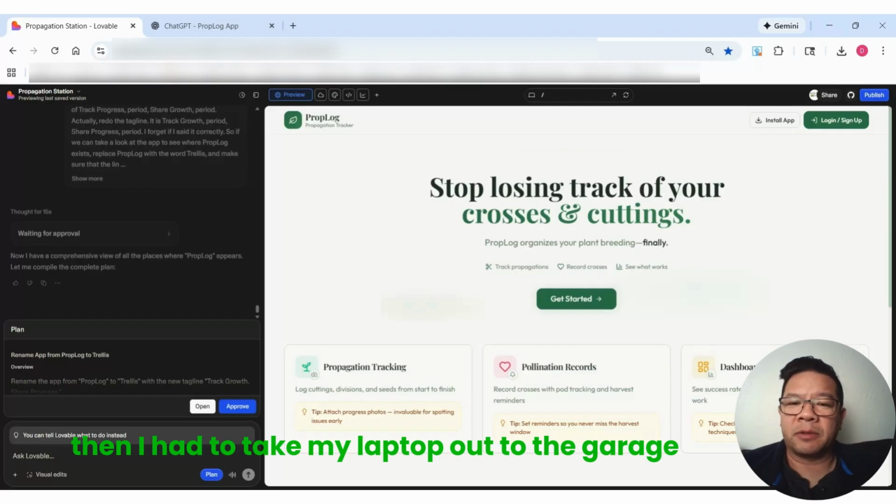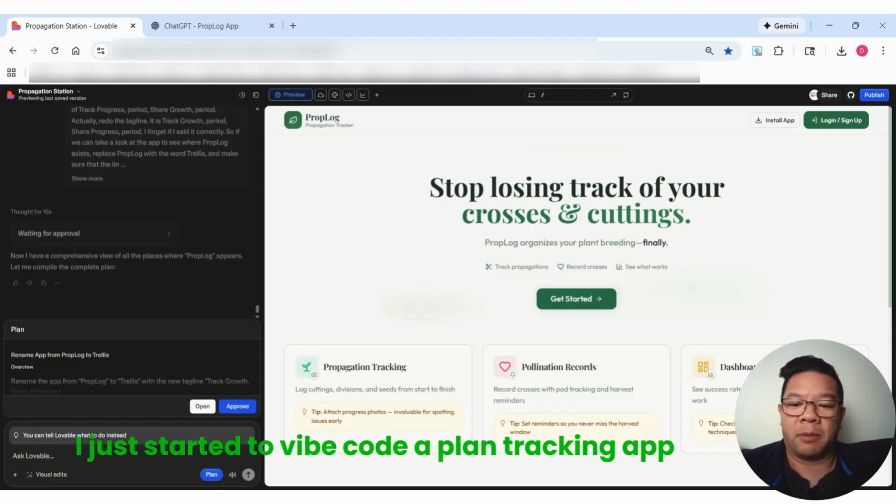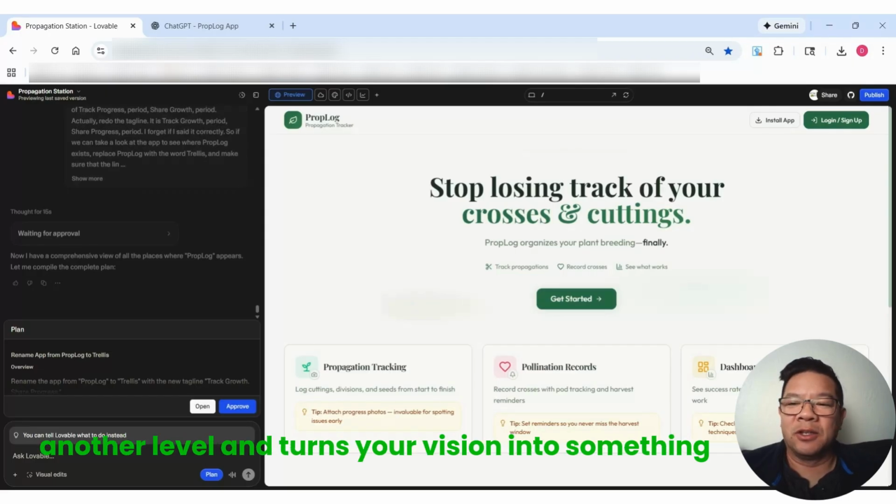Then I had to take my laptop out to the garage. That wasn't working well for me because it was a little bit clumsy and I wanted an easy way to do it. Of course, an app is the easiest way to do it. From there, since I have no programming experience, I worked with ChatGPT to create a plan for me. And from that, I just started to vibe code a plant tracking app. And with anything, once you start coding something, your mind just takes it to a whole other level